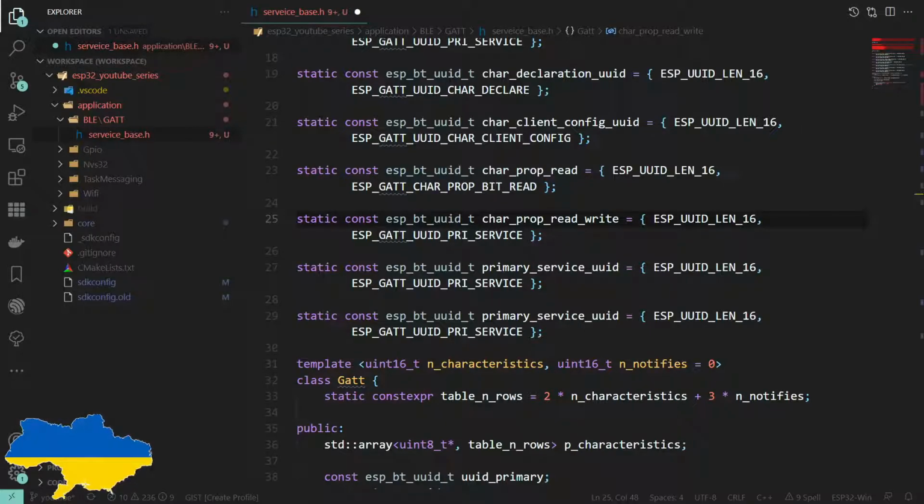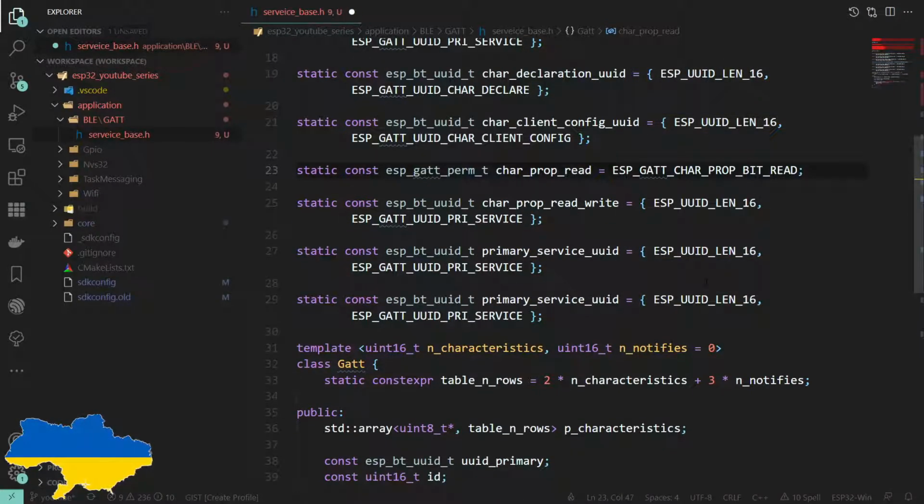And actually these are a different data type, so I've already messed up here. This is a GAP permission type that only contains that number. So let's just copy and paste that down